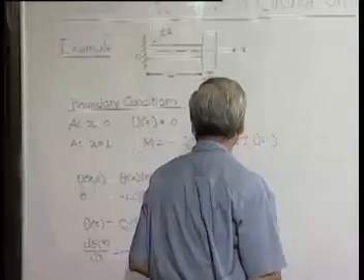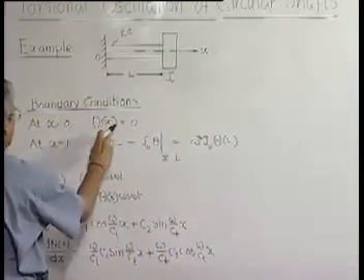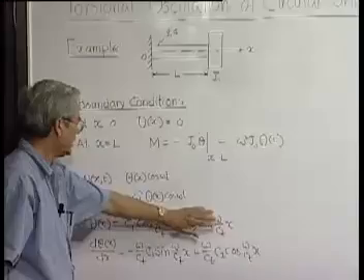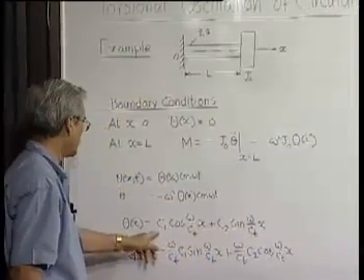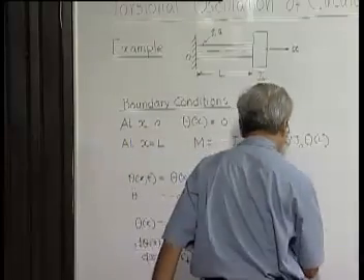Now, if we use the boundary conditions like say theta x equal to 0 at x is equal to 0, if we put x is equal to 0, this term is 0, here it is only C1. So, this is 0. That means this will give us